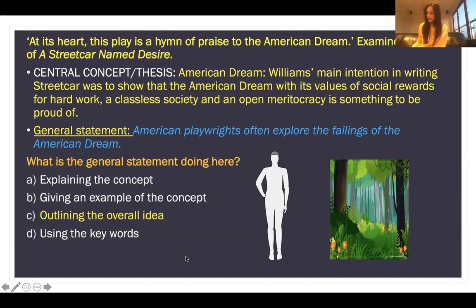What I'd like you to do now is to pause the video again, and this time take a few minutes, as long as you need, to write a general statement, one sentence please, that explores the general overall idea of conflict between the old and the new world in relation to your question. Off you go. Now that you've done that,